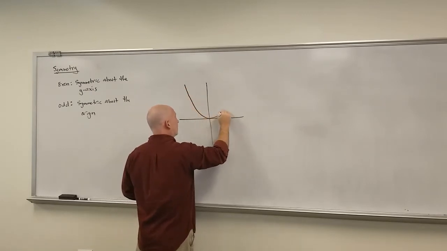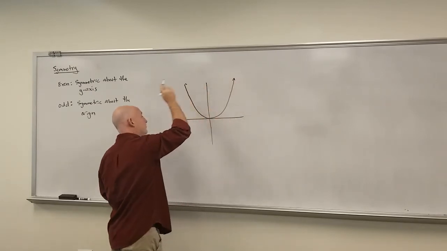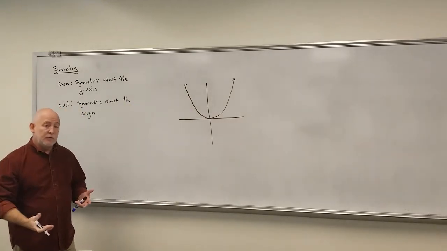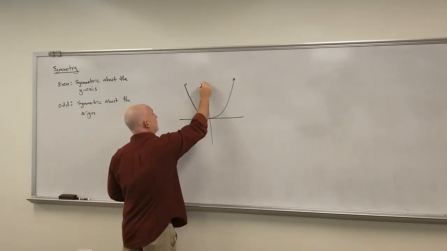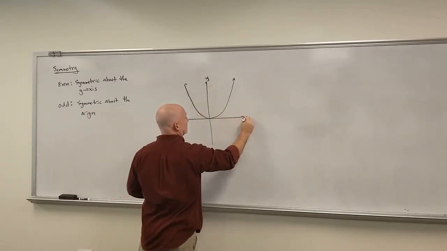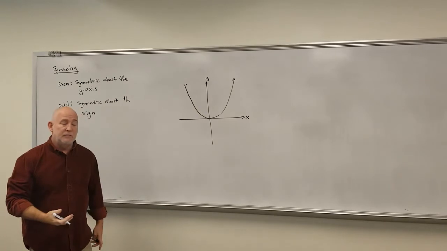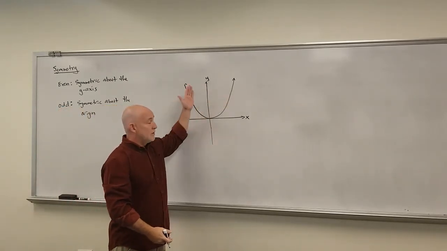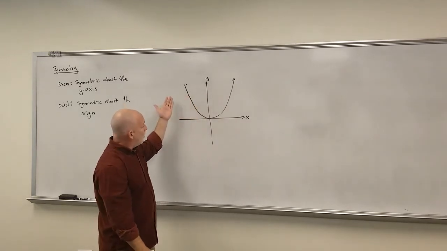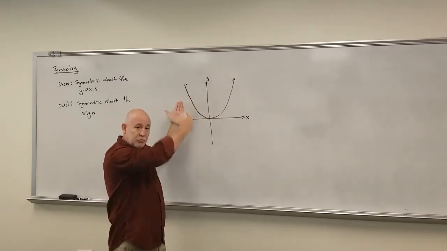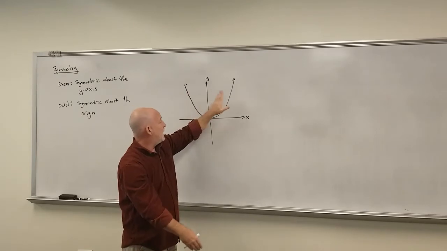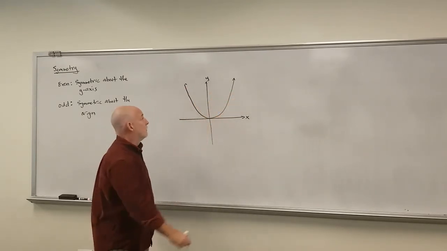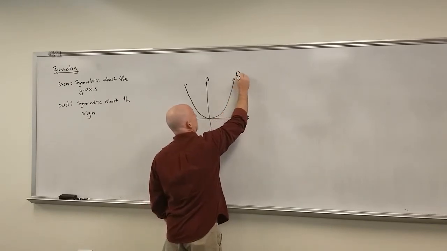Let's take a look at our old friend, the parabola here. Our parabola, we would say, has even symmetry, which means it's symmetric about our y-axis. Now, what do we mean by symmetric? Basically, across the y-axis, it's a mirror image of itself. Another way to think about it, if you could take this board, fold it along the y-axis, this side would lay directly on that side. So if we call this function f of x,